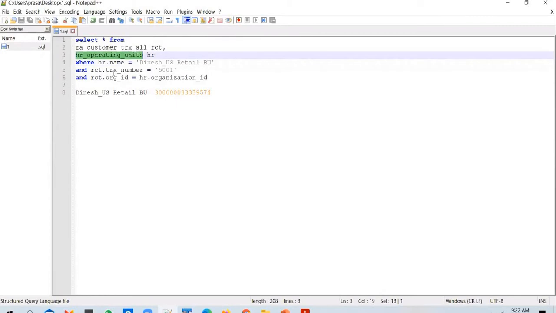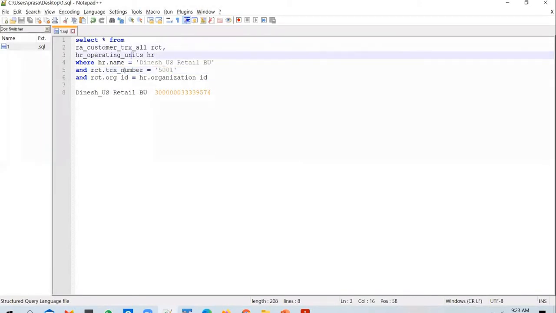So this will give me one record from the operating units table, and in that operating unit, I want to print the transaction number 5001.